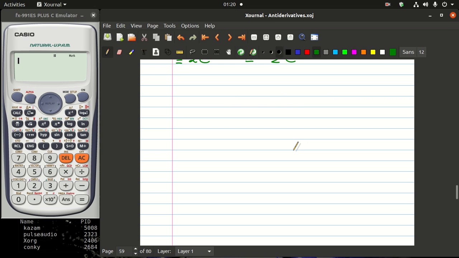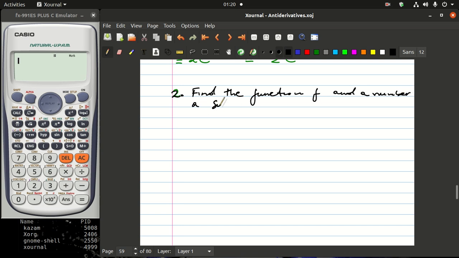Let's go to number 2. What is number 2 saying? Number 2 is saying find the function f and a number a such that